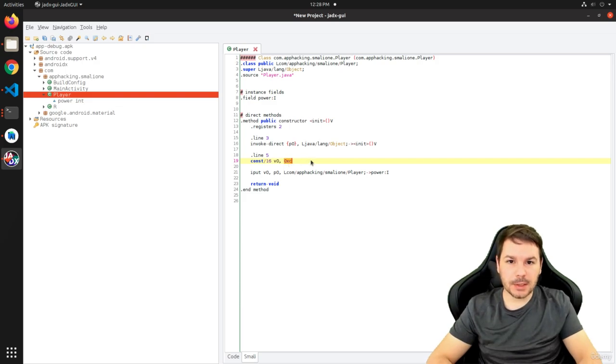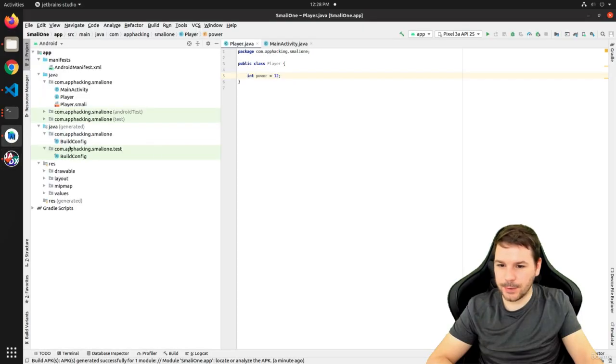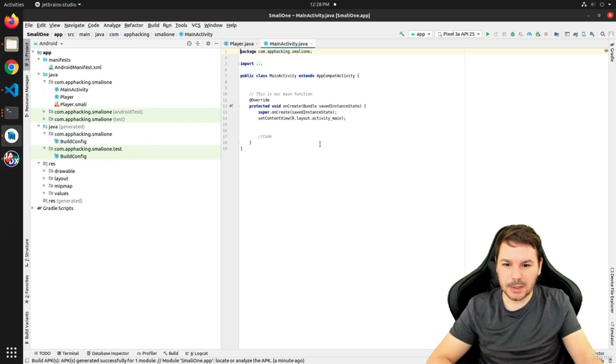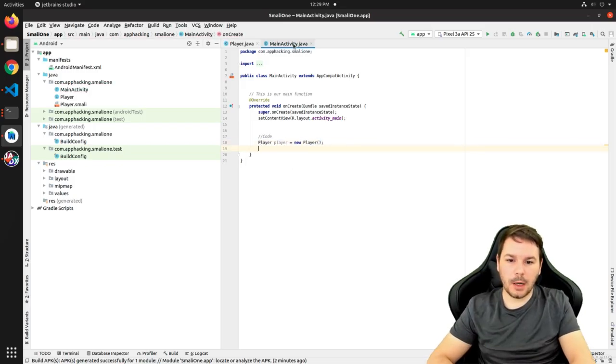Before we patch this, let's make some sort of visual output, because otherwise we do not see if our player power has been increased. So therefore we go back into our Android Studio code. We go into the main activity class and we have to create a new instance over there. So we say player equals new Player. Now we can access this player power field